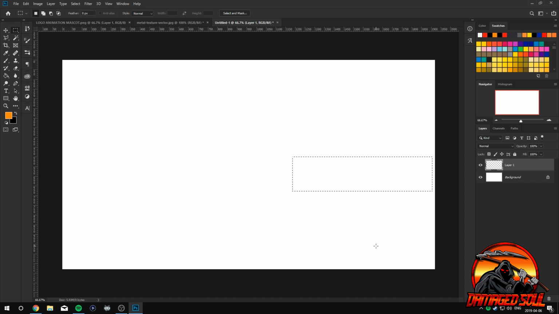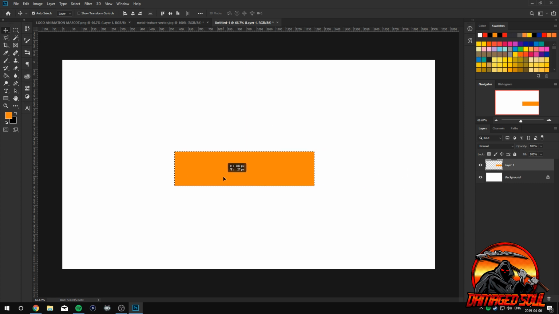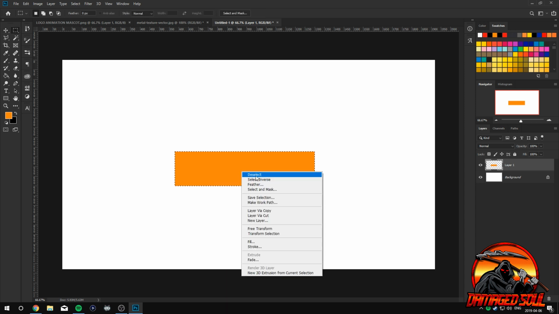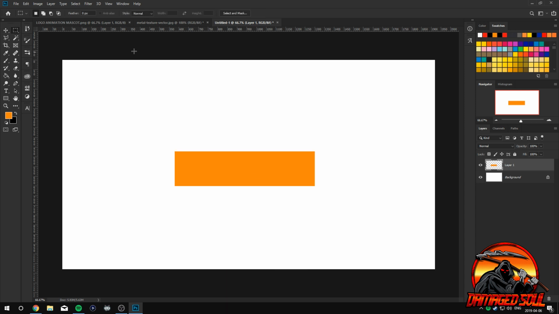Now you're going to want to hit Alt Backspace, and that's going to fill the box with your foreground color like I have over here. And then once you do that, you're going to want to grab it with your Move tool, and just bring it to the center of your page. Go back to your marquee tool, right click and hit deselect, and then hit C on your keyboard,